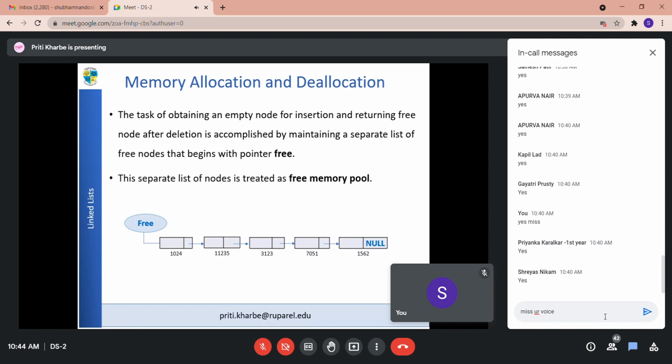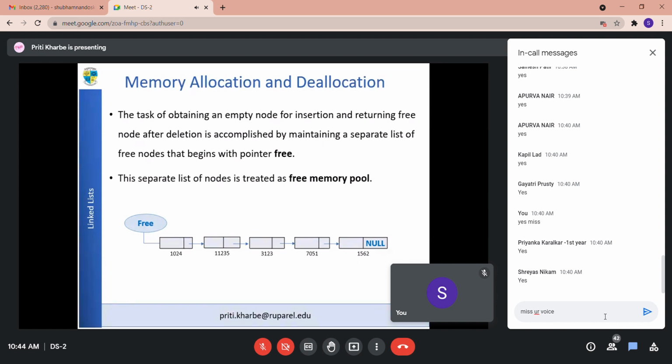But the main thing I want to tell you is that there is something called a free storage list which will have lots of empty nodes available. This free storage list is maintained by, first, it begins with the pointer variable free.